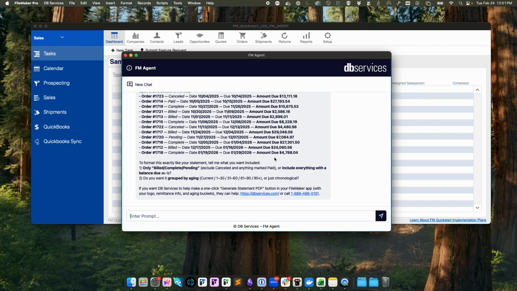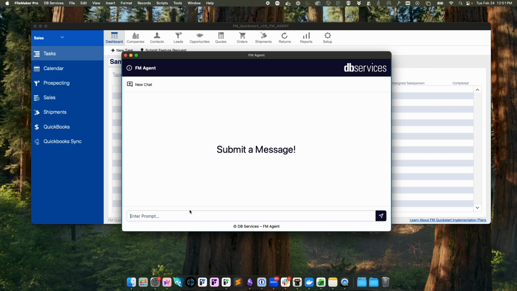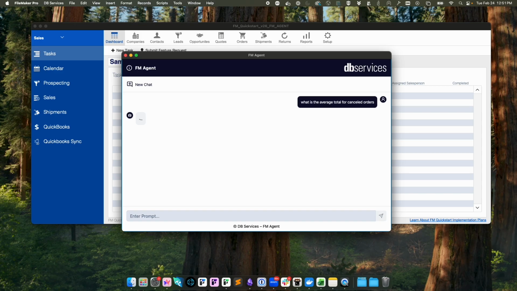Another thing that FM Agent is really well suited to do is trends and summary analysis. This is kind of notoriously hard with FileMaker, looking at things like averages over time. So I'll start a new thread here, and I can say, what is the average total for canceled orders? You can see where this might be a good